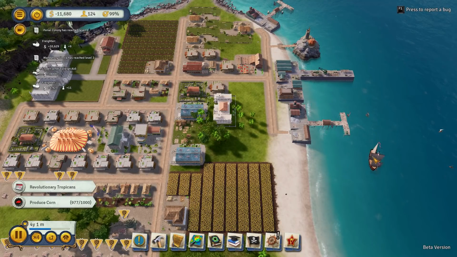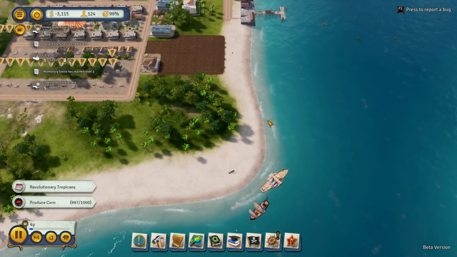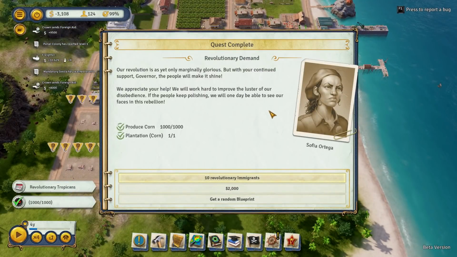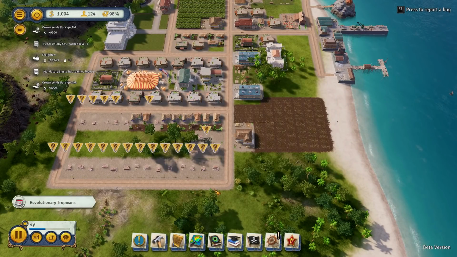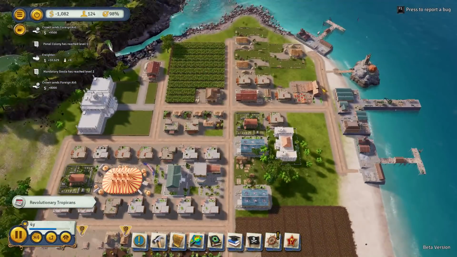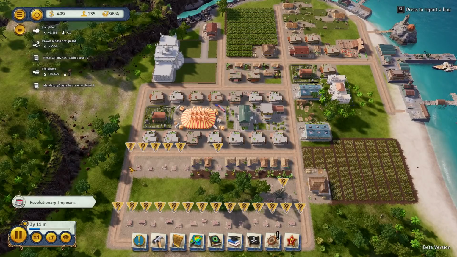Oop, and there goes our raiders. I think that they're going for our monument. Excellent. Our revolution is as yet only marginally glorious, but with your continuous... do we want immigrants? Not yet. We're just gonna get some more cash here. I haven't done my blueprint gambit yet. Can I? No, I can't get off this screen, so I'm gonna take the cash. Not quite ready. Like, once we're actually ready, and if we happen to...